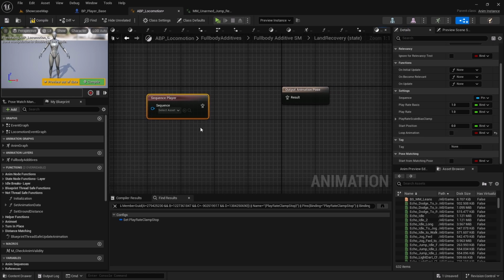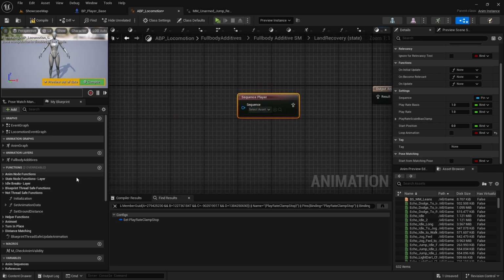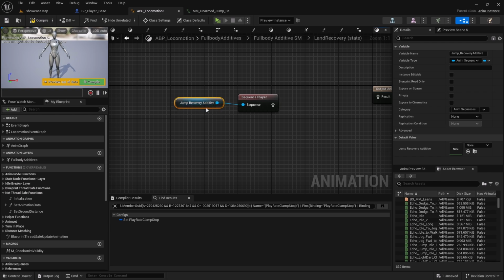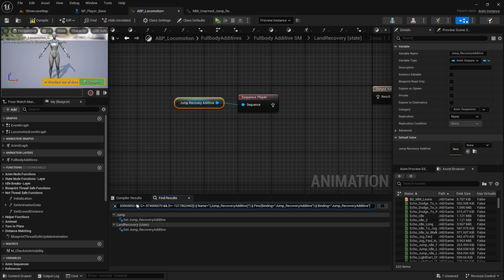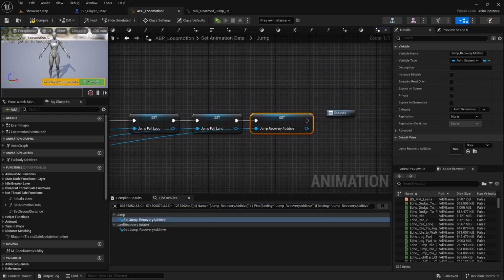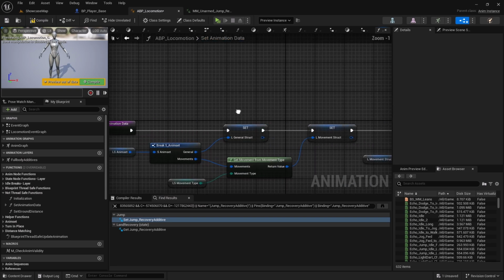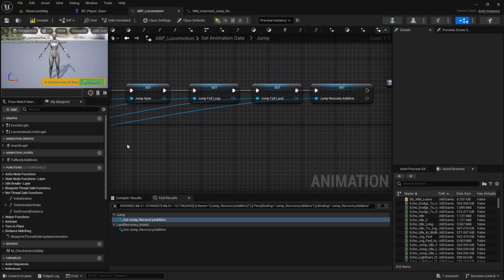Okay, and then we can use the jump recovery additive animation, which is this one. So if you forgot where we implemented this one, you can go and see the find references. So here inside set data animation, not thread safe function, we have this jump collapse graph, and inside there we have initialized this jump recovery additive, right? Okay,